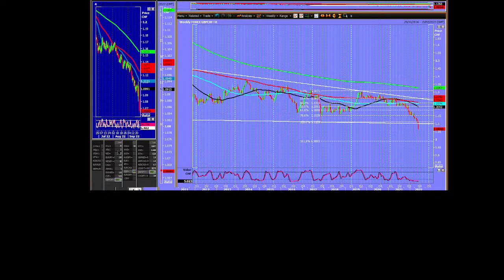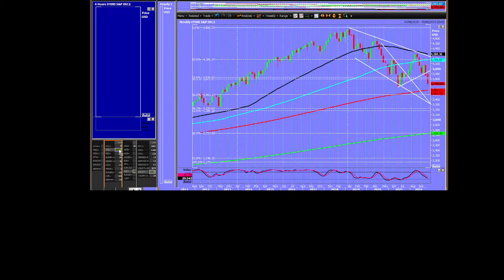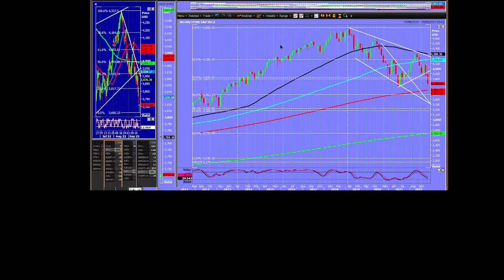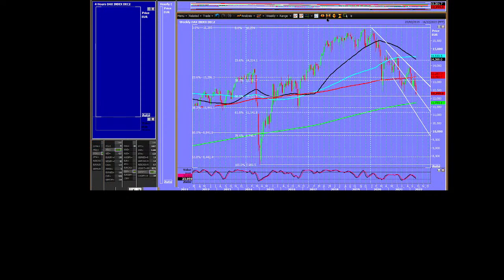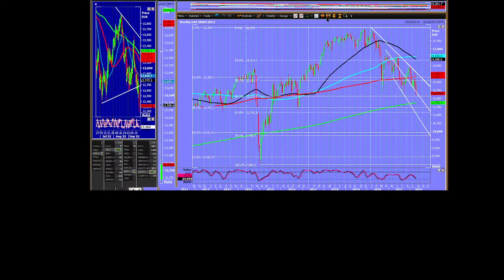Right. Here's the exciting stuff. The stock markets. I'm going to actually start with Europe. Let's do that. Not as exciting, but we've definitely got breakdowns. So this is the DAX. How the DAX is holding up, I really don't know. It looks like Germany is in such a hideous mess, but it must be the weak euro that's helping sustain some of the DAX index.